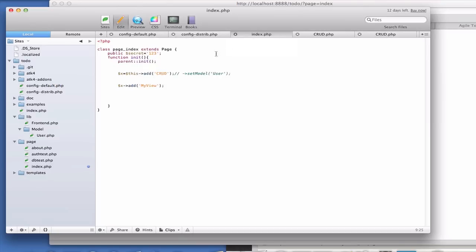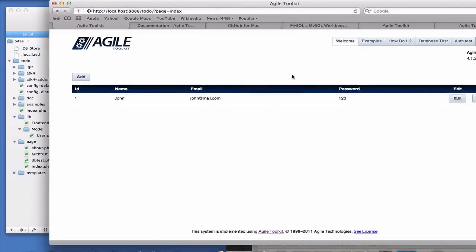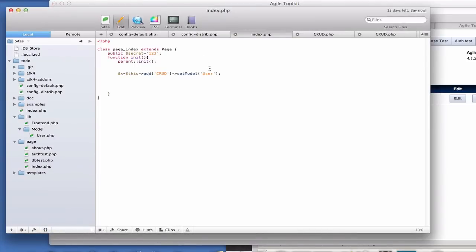Let's get back to the second thing, and it's set model. Set model links together a view, which is CRUD, with our model for user, and it automatically populates the fields from the model. But unfortunately, no, we don't want to expose passwords like this. Okay. So what we need to do is we need to specify which field